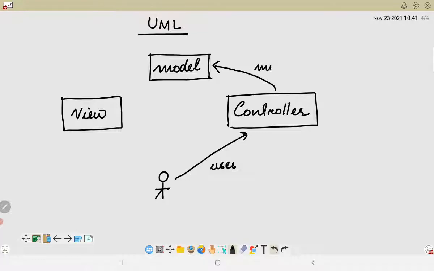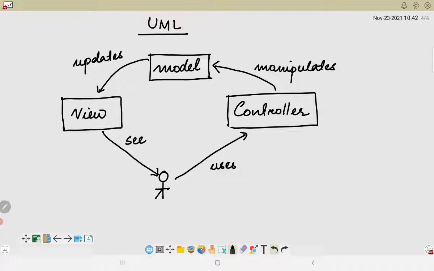We consider this entire process as manipulating, and then the model updates the view, which the user is able to see.